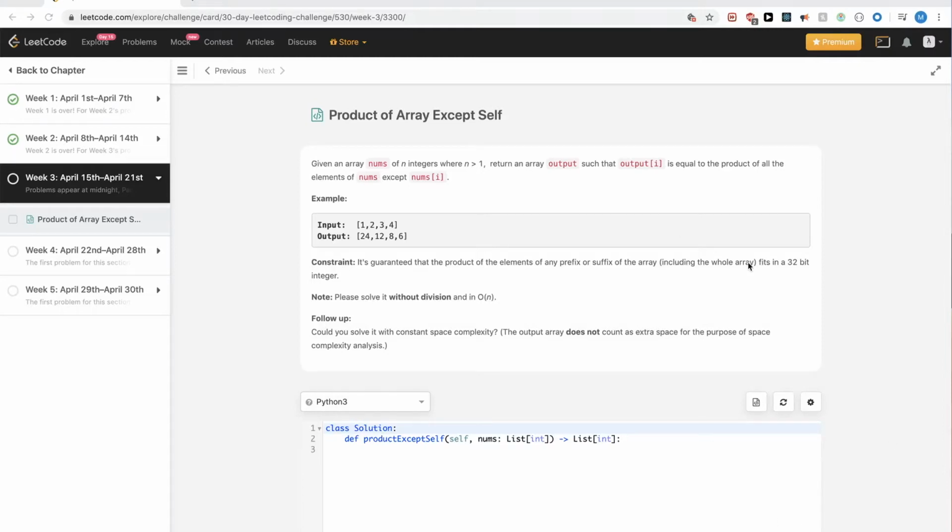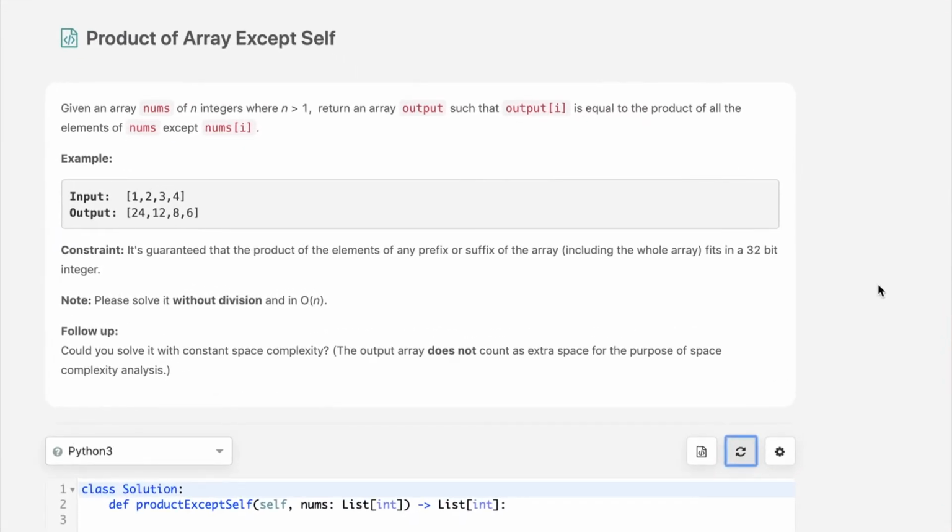Hello, so today we are going to solve this problem called product of array except self. The problem says we have an array of numbers, and this problem is basically day 15 of the Leetcode 30-day challenge. So we have an array of n integers and we want to return an output such that